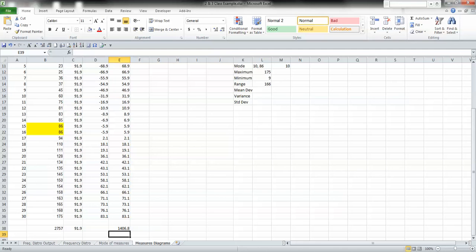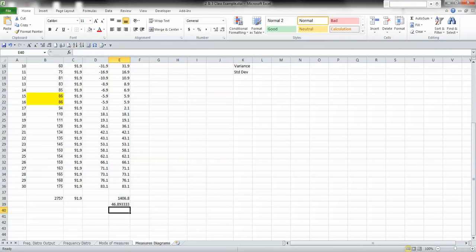and the next step that we take is we divide the sum by n. If you remember, we divide the sum by n. The formula is the absolute value of x minus x bar divided by n. So we can take our sum and divide it by our n, which we know is 30. And our mean absolute deviation is